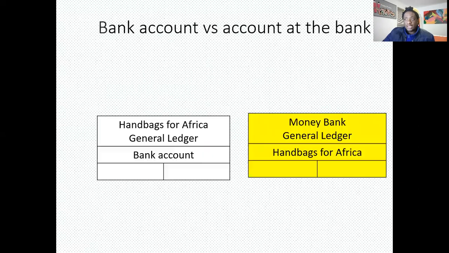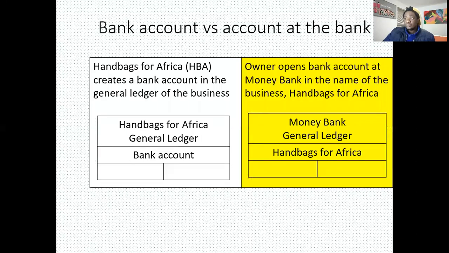So the need to do a bank reconciliation statement stems from the fact that there are two books that relate to the same transaction, and that is the bank account, and the other one is the account at the bank. So we have a business that we call Handbags for Africa. They open a bank account in the general ledger of the business, and then the owner opens an account with Money Bank in the name of the business, Handbags for Africa. So when the business has a bank account with Money Bank, Money Bank is going to keep records of money coming in and coming out of